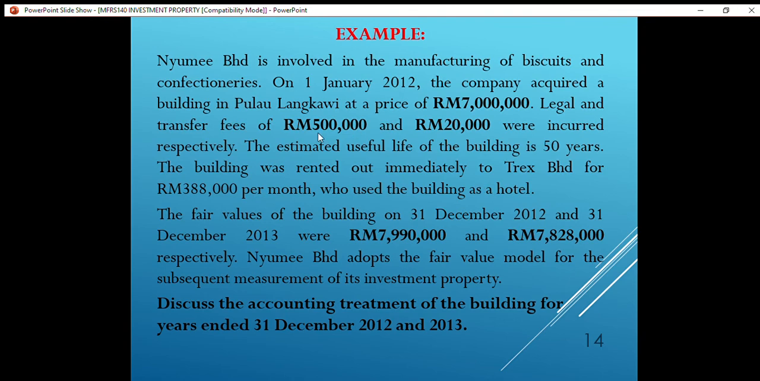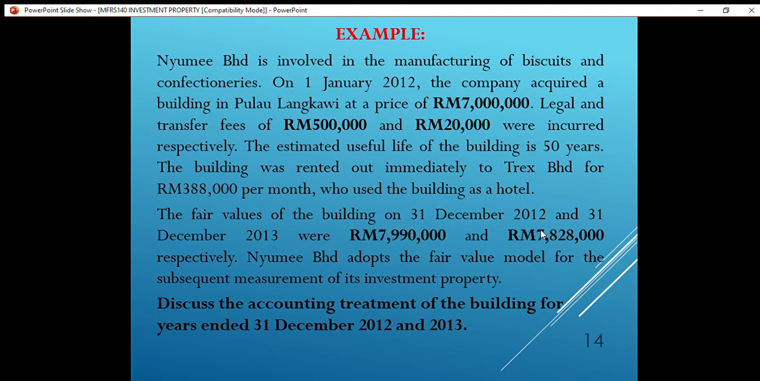So to the owner, Yumi Berhad, the hotel is still considered as NIP, because the owner is not directly involved in operating the hotel. The owner rents out the hotel to a third party, and the third party is the one who operates the hotel. All right. And then the fair value of the building on 31st December 2012 and 31st December 2013 were